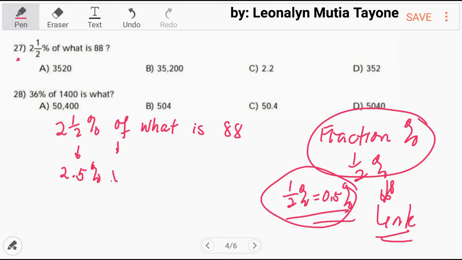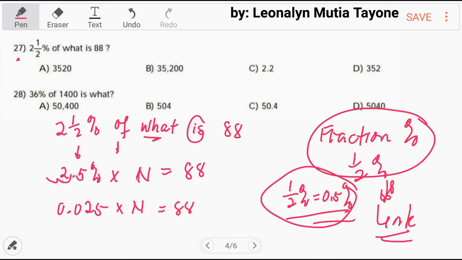Next, the "of" is multiplication. Of what number? Let n be that number. Then the "is" becomes equals, 88. Now, this 2.5%, let's convert to decimal. Just move 2 decimal places to the left side and that is 0.025. The percent sign is gone. Times n equals 88. To isolate n here, since this 0.025 is multiplying n, we divide